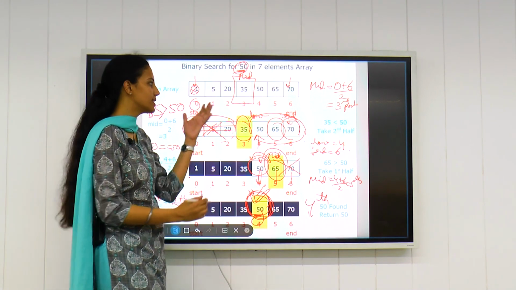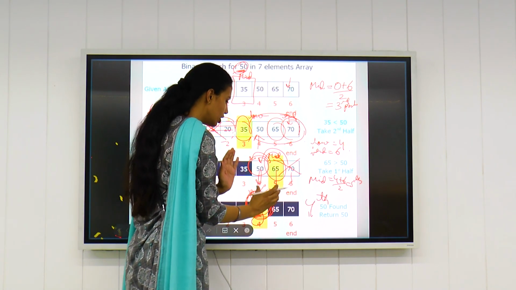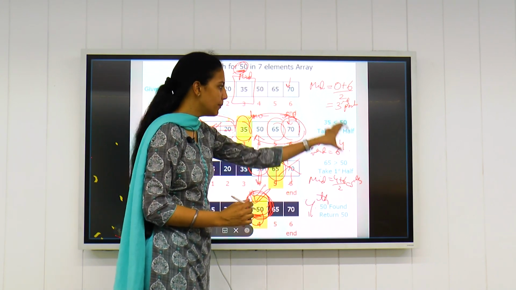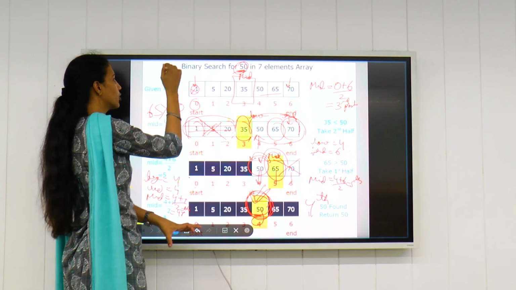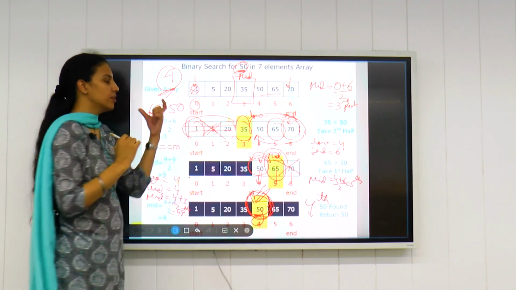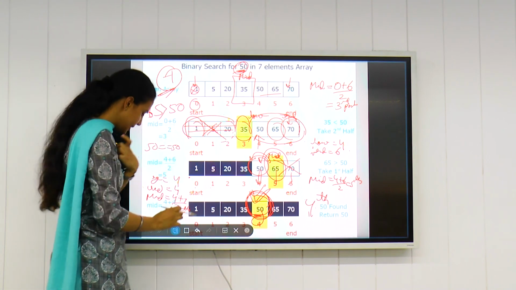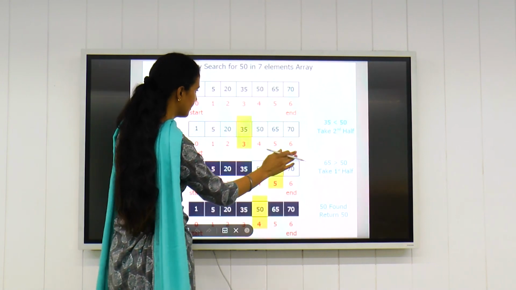Okay, so this is how we basically keep on dividing the list into small subparts to find out whether the element exists in the list or not. Suppose the element does not exist and we still need to perform the whole program, our output comes out to be -1. So -1 basically means the element does not exist in this list. Okay, so this is how binary search works.